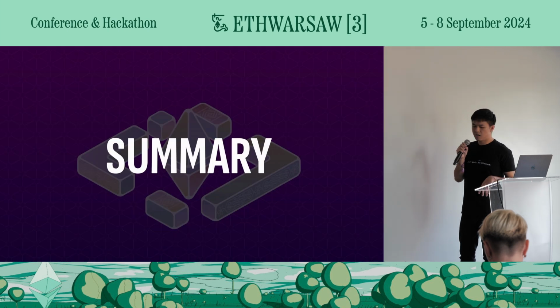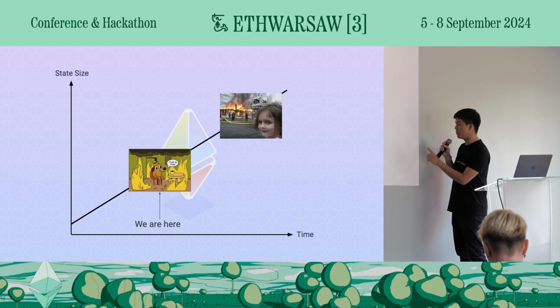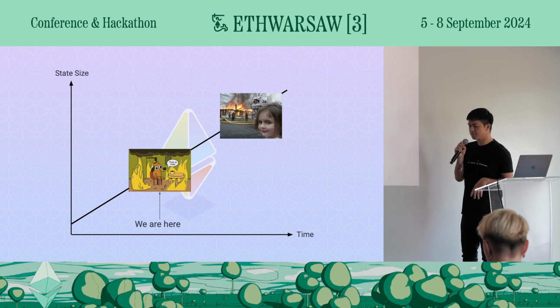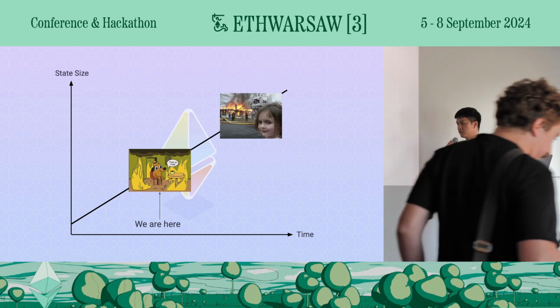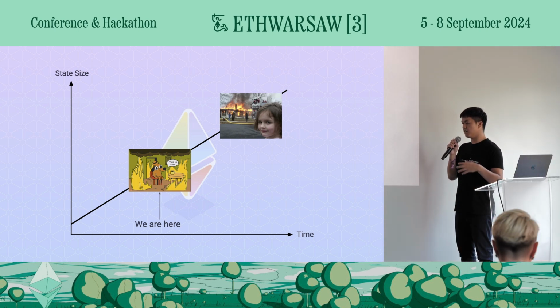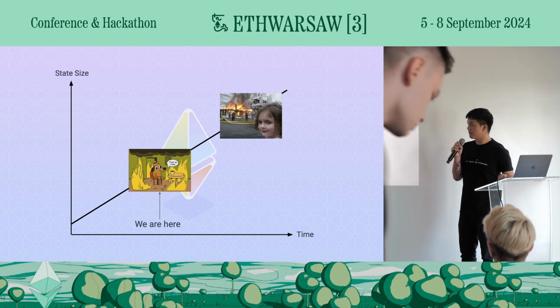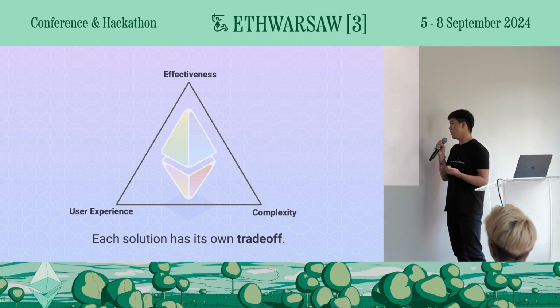But yeah, a summary, right? So we are sort of at a point where everything is kind of fine, even though the state is growing like crazy. But we might be eventually reaching a point where things might get a little bit shaky, and home stakers might not be able to deal with this state growth anymore. And we have also looked at different solutions, from regenesis, state rent, statelessness, and different